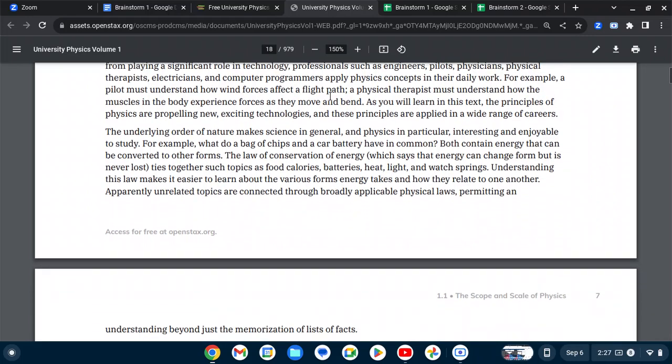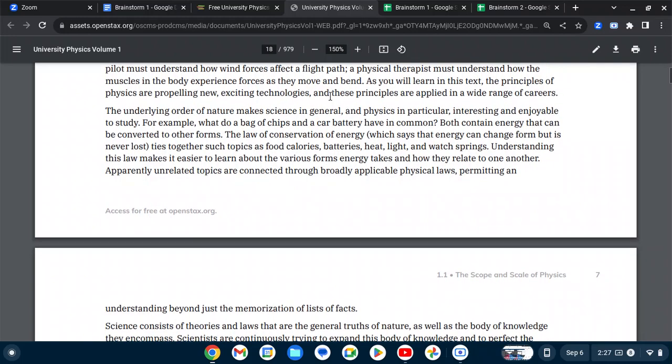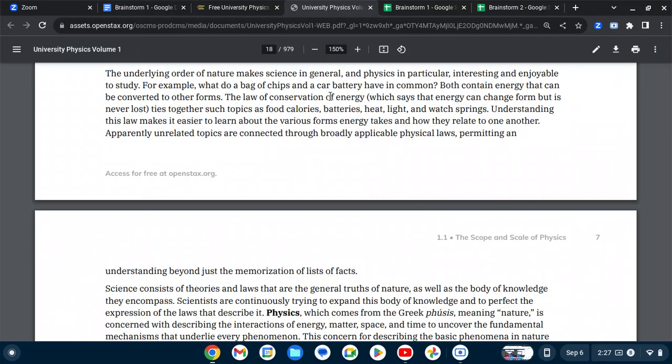The underlying order of nature makes science in general, and physics in particular, interesting and enjoyable to study. For example, what do a bag of chips and a car battery have in common? Both contain energy that can be converted to other forms. The law of conservation of energy ties together such topics as food calories, batteries, heat, light, and watch springs. Understanding this law makes it easier to learn about the various forms energy takes and how they relate to one another. Apparently unrelated topics are connected through broadly applicable physical laws, permitting an understanding beyond just the memorization of